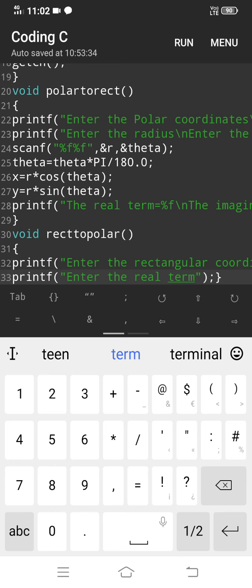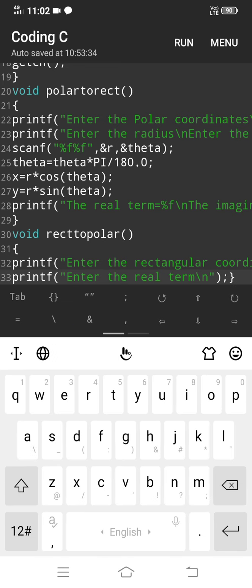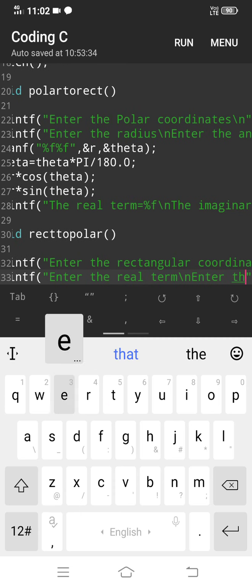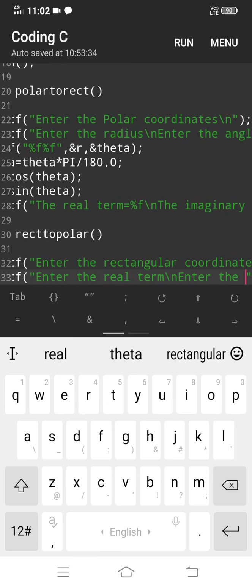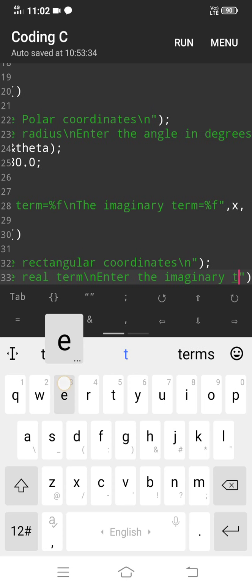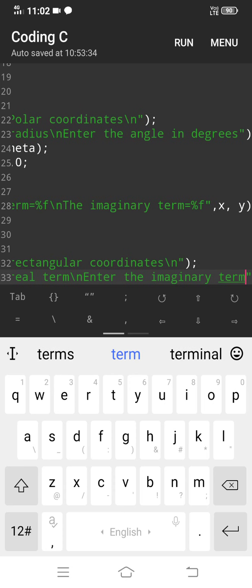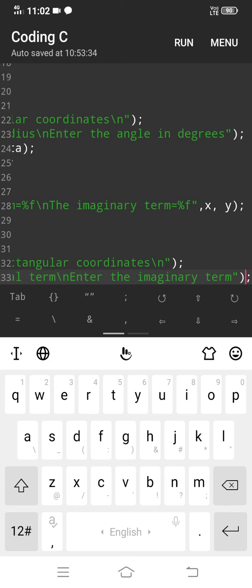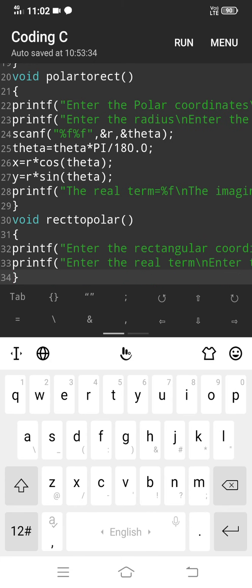Enter the real term, backslash n goes to a new line, enter the imaginary term, and scanning these two values through the scanf function.